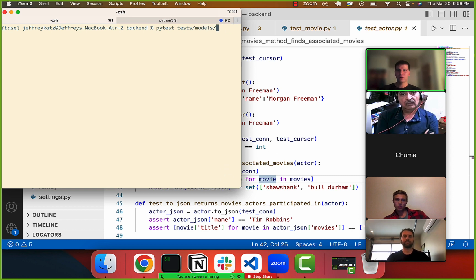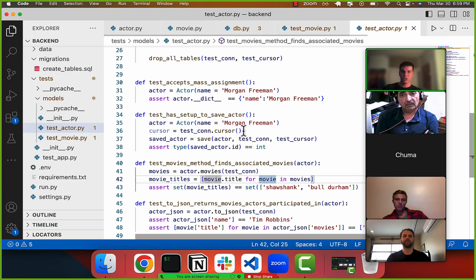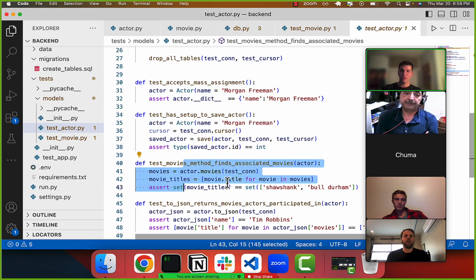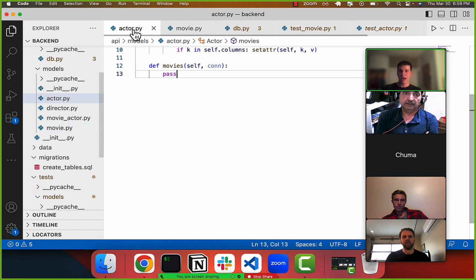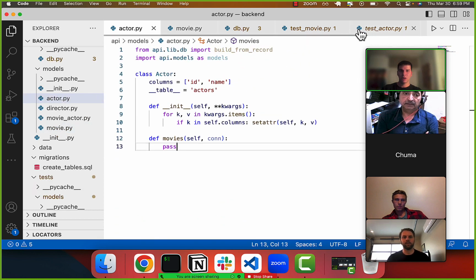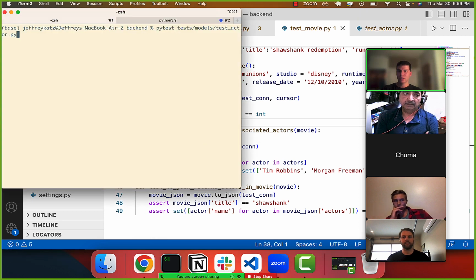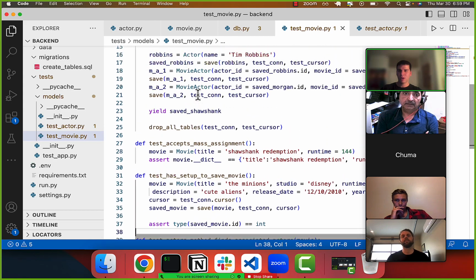Tests, models, test actor. Okay, so we just want to call this one file, and we know the first one we can skip if there is anything. The second one we can skip. I don't even know if we'll hit any breakpoints here. And then we'll get to the third one, and then I'll call actor.movies, and then we'll get to the actor file. Oh, sorry. We want movie.actors. So we want to call test movie.py. So if we go to testmovie.py,